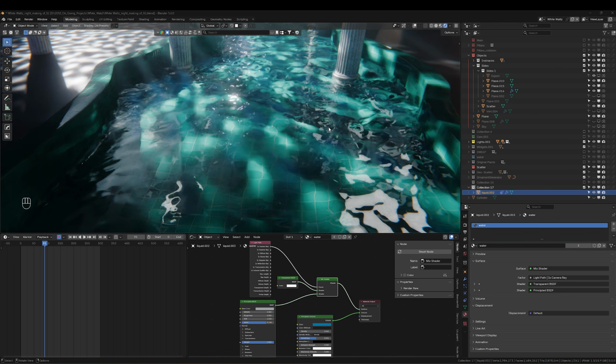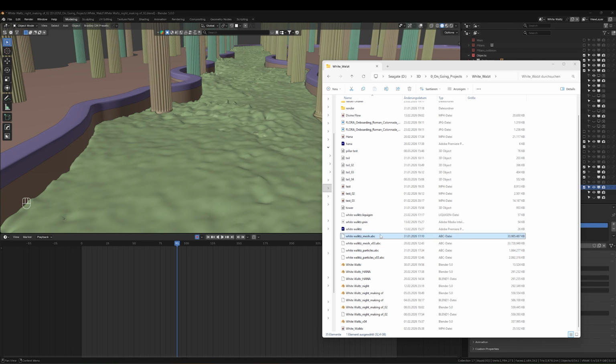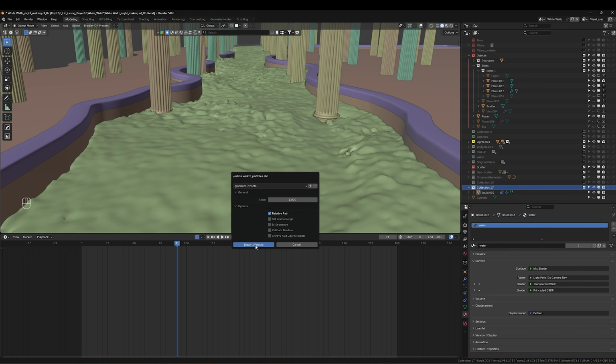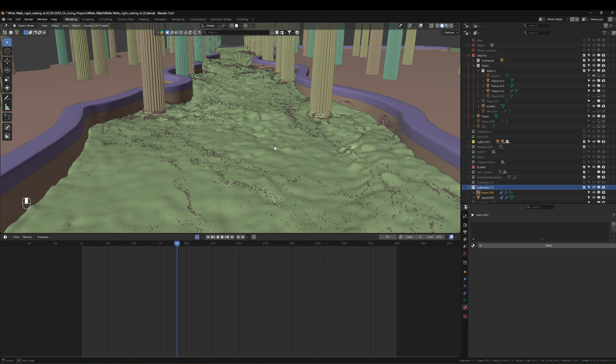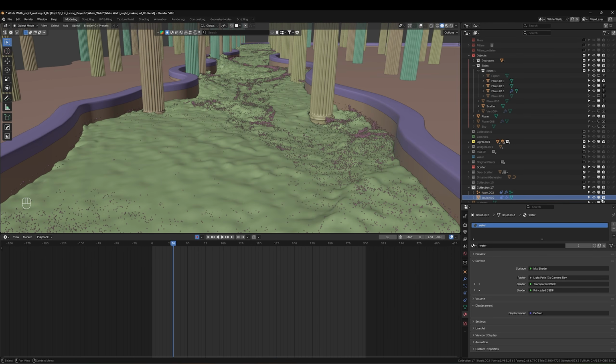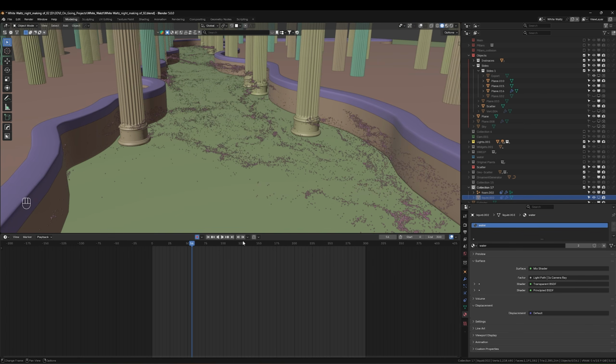And the only thing now is to take care of the white water particles, and then we are done. For the white water particles, it's literally the same thing. I'm just gonna grab my particles ABC data and drag and drop this in. This is much lower than the water mesh, so this should be very quick, and you can see now we have the particle. And I'm just gonna hide the water so I can scrub through the particles without my Blender